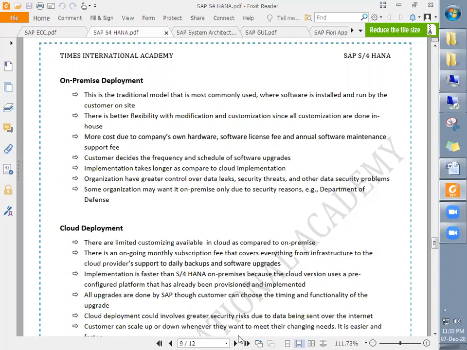If they have on-premise, they need to maintain the hardware, server maintenance, networking engineers and all that. If they use the cloud, for example, if I have my own website, I cannot have my own server and engineers maintaining it. I will just take the service of a cloud service provider. They provide the server where my website is hosted. Similarly, that one.